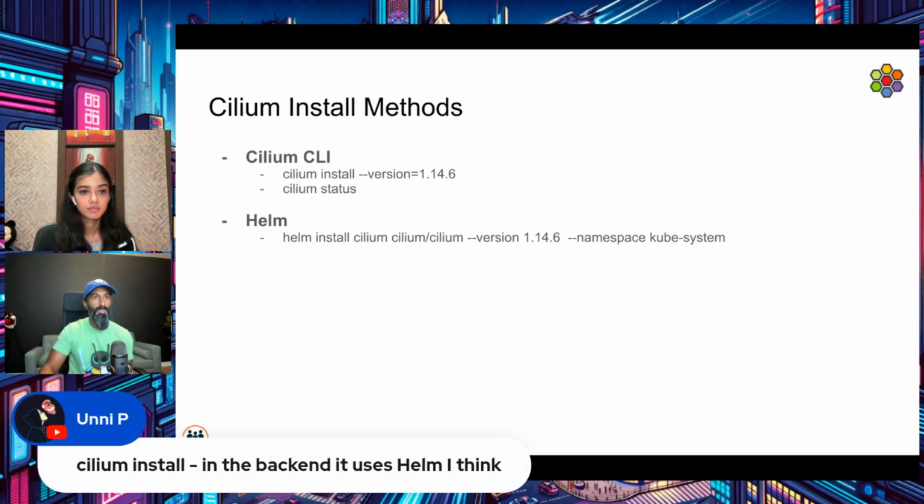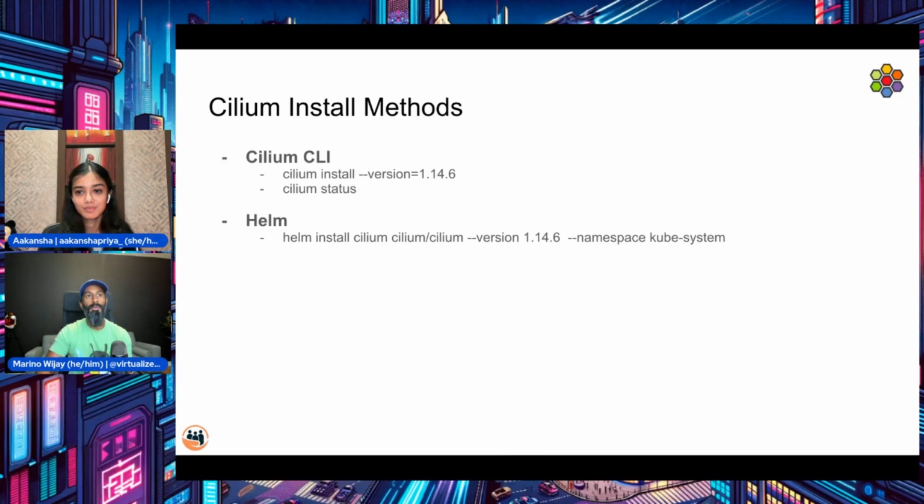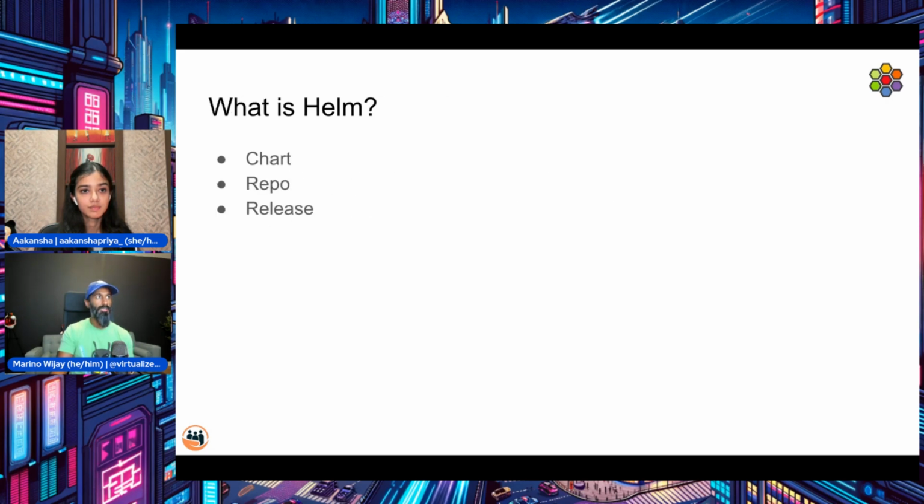Yes, Cilium install. In the backend, it uses Helm, I think. Probably, I don't know. I haven't really dissected the Cilium CLI binary to see what actually is going on here. But the reason why we have Helm here is because Helm is a package manager, right? Helm is another method in which we can install applications into Kubernetes. So before I dig into Helm in detail, right,